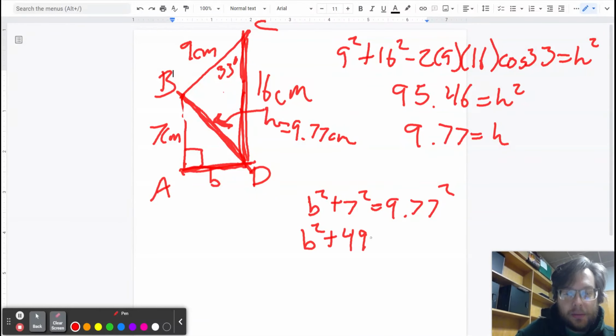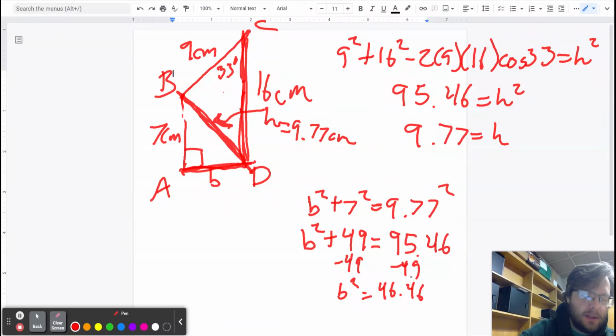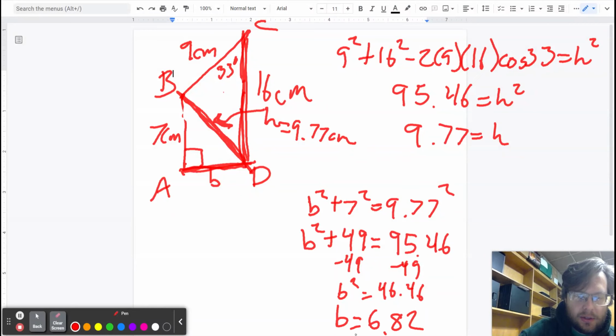So 7 squared is 49. 9.77 squared, we just did that, it's 95.46. So I take 95.46 and minus 49 from it. So b squared is 46.46. Take the square root of that, and I get b equals 6.82